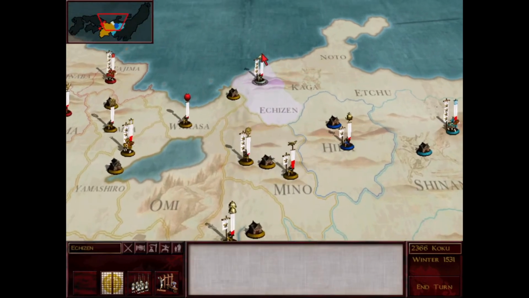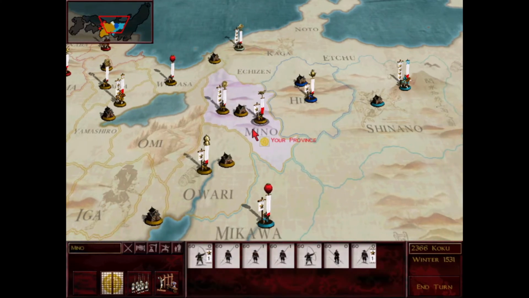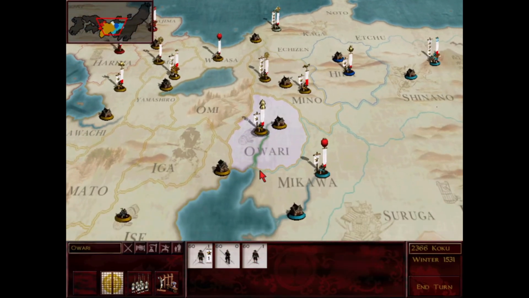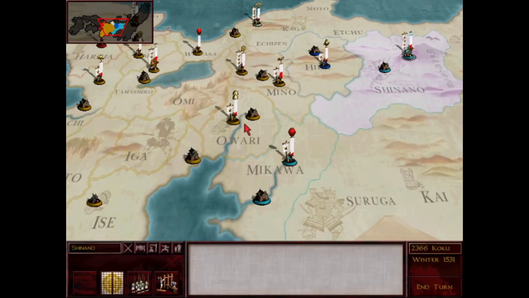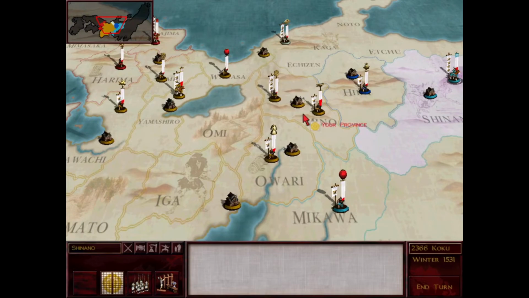But Echizen's so weak though. I'm sure they would run away. If I just bring... what would they have? 1 archer unit and 1 warrior monk unit? What else would they have? So what do I have here? No monk units. I mean, just bringing these 3 archers and a Yari Samurai and then like 2 Yari Ashigaru. But that's too weak, even this weakened army in Shinano might be tempted to fight that, so...